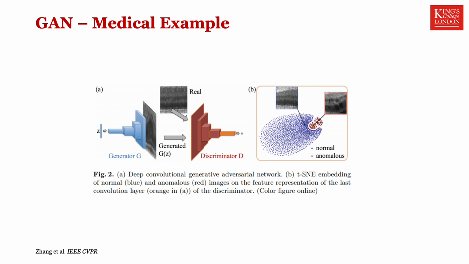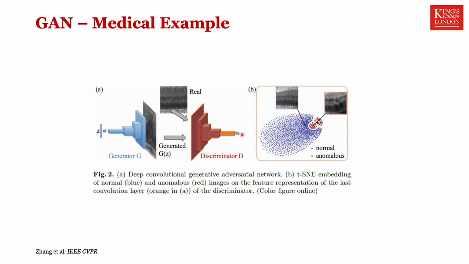And the reason for it is, for example, if you were to train a GAN model to generate, in this case, some retinal images, and if you were to train then a discriminator to distinguish between real and generated images, you'll end up with something that can generate images that look like retinas and that look like eyes. The other interesting thing is if you actually look at the discriminator, in this case the discriminator that was used to discriminate between real and synthetic images, and if you were to look at the features at the very last layer of the discriminator, so the features just before you actually discriminate between real and fake,